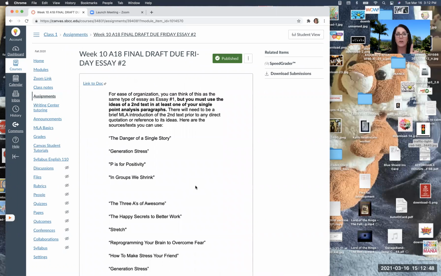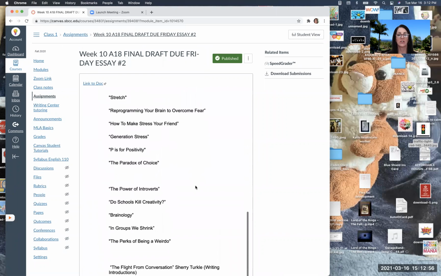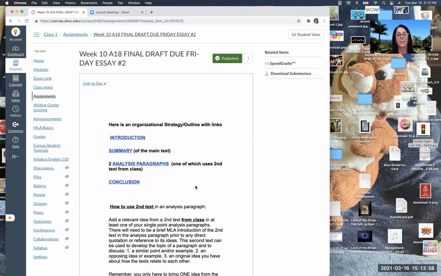Now remember, you're mostly writing about one, and then you bring in the other one in one of your analysis paragraphs, and you will have to introduce it in the MLA way. So those are the groupings. And then remember, here is the suggested organization. So some of you, I would say maybe a third of you, will really benefit by just strictly following the organizational strategy with an introduction, which is not a summary.